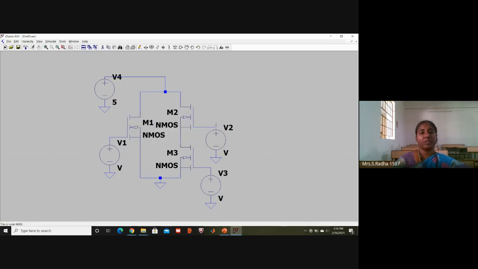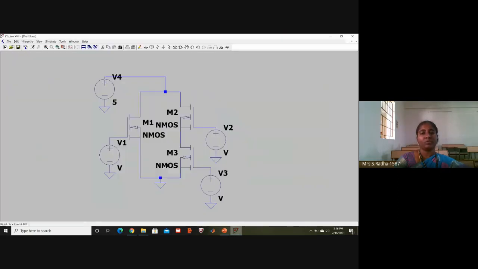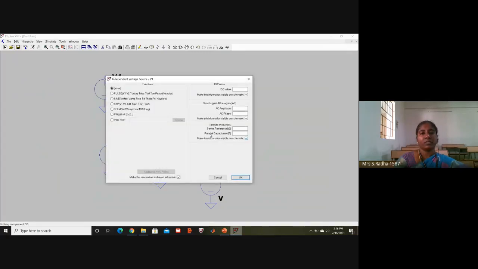This is A. Okay, and we have 3 variables, A, B, C, so 8 combinations are possible. For that, I will go to A, advanced, and pulse, and here I will give 0 followed by 5 volts, then delay time 0.5 nano, rise time 1 nano, fall time 1 nano.